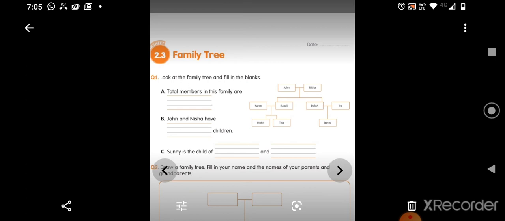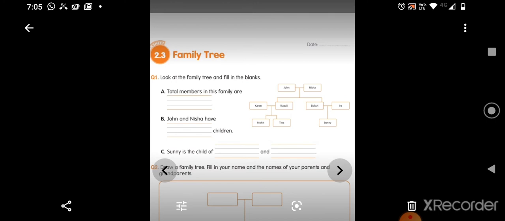Read the members, whatever is given. Top means grandparents, middle the parents of the children, and the cousins, and the uncle, aunt will be there, this you remember. And also the bottom line, the children are there. Total members in this family are, count. In Joe's family 11 members were there, so like this, in this family how many are there, you count and